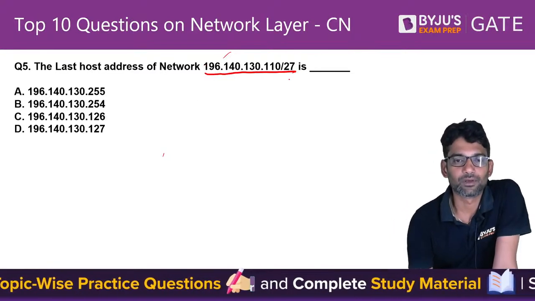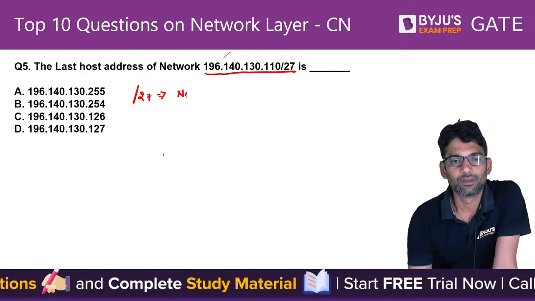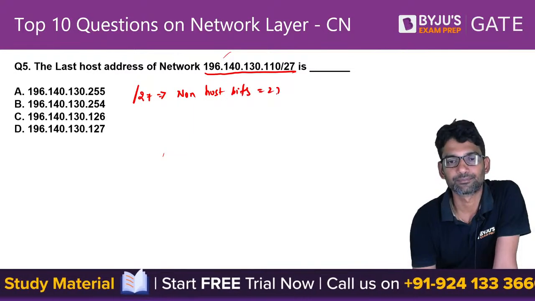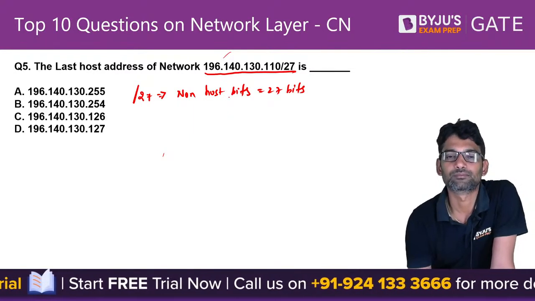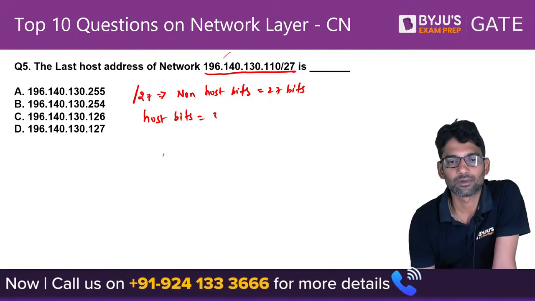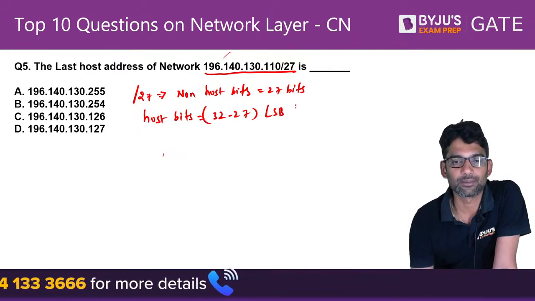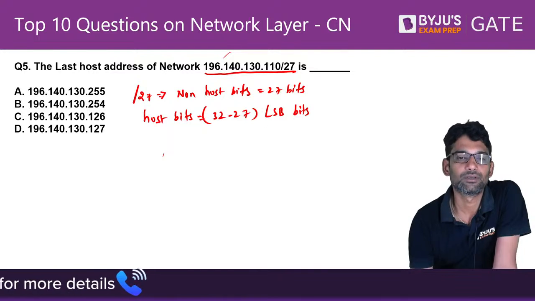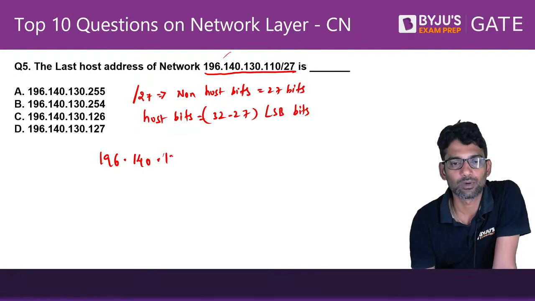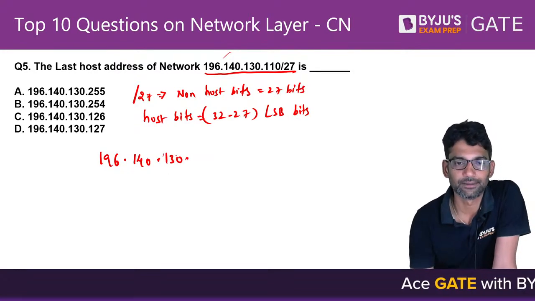See, when it is given /27, non-host bits are 27 bits. Host bits are 32 minus 27 LSB bits. So 196.140.130/24, and out of 110,